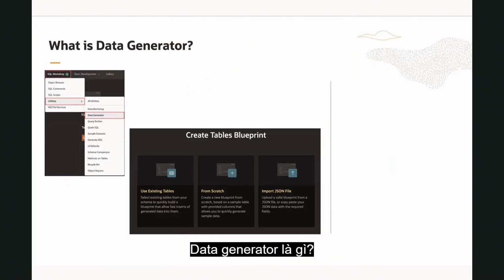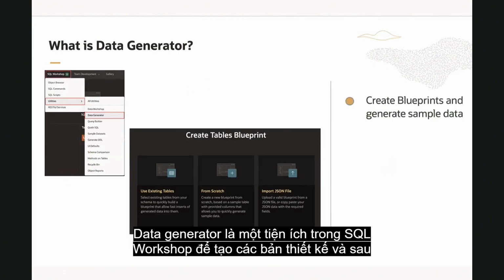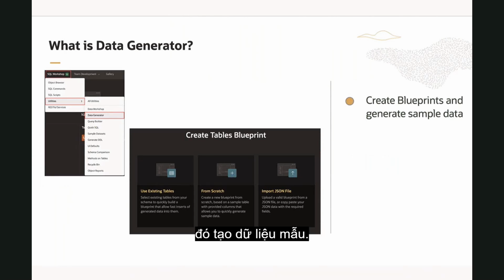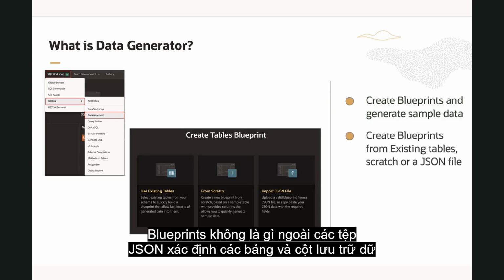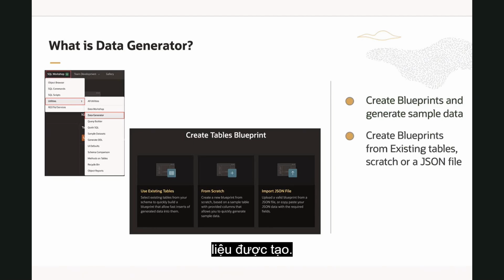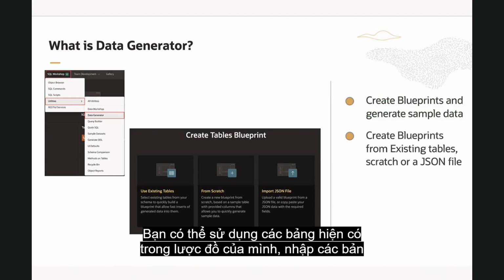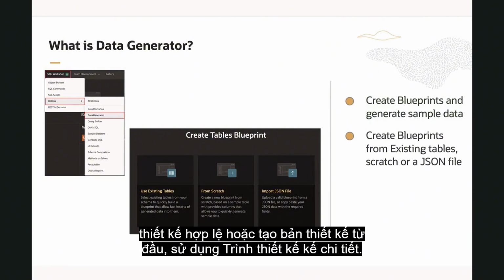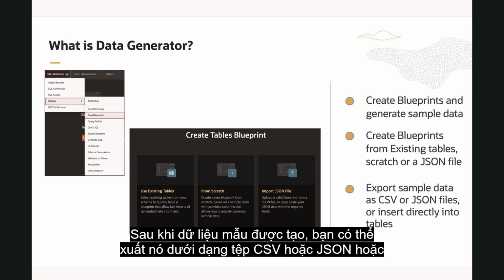What is data generator? Data generator is a utility in SQL Workshop to create blueprints and then generate sample data. Blueprints are nothing but JSON files that define the tables and columns that store the generated data. You can use existing tables in your schema, import valid blueprints, or create a blueprint from scratch using the Blueprint Designer. Once the sample data is generated, you can export it as a CSV or JSON file or insert directly